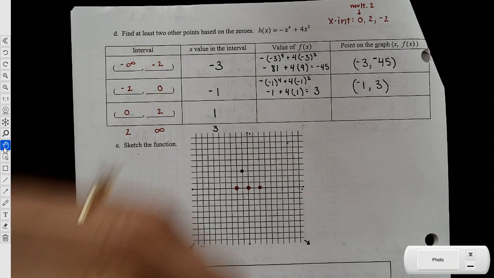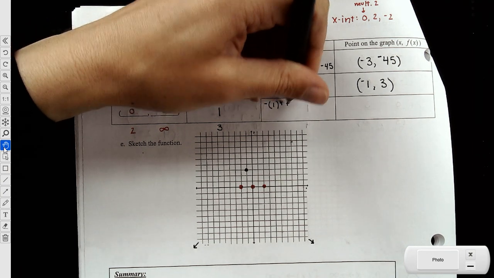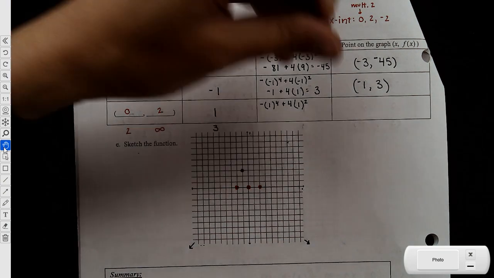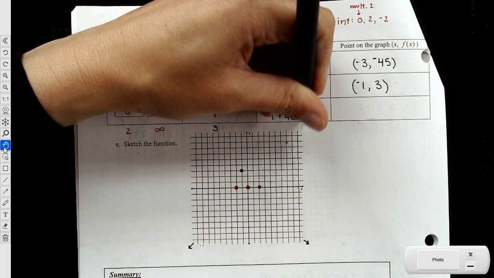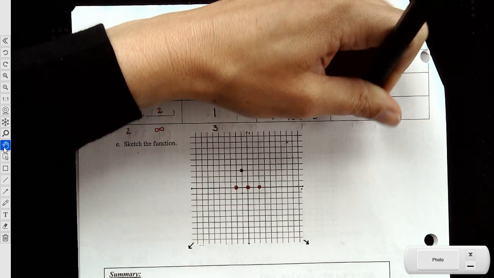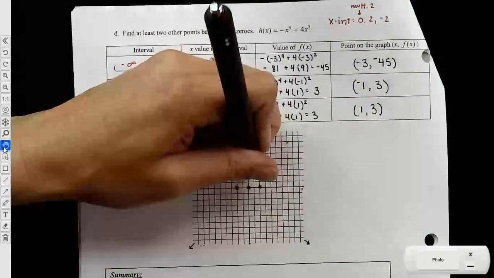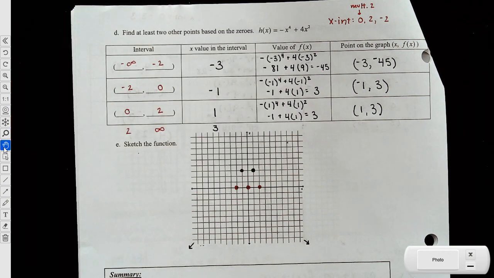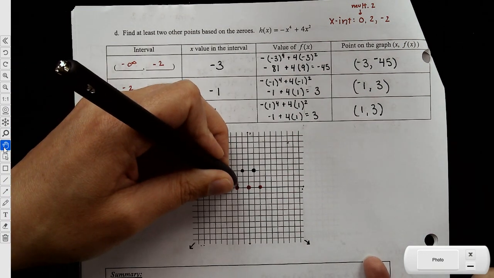Now when I plug in 1, I get negative 1 plus 4 times 1 equals 3, so I have the point 1, comma 3. Now this makes sense because keep in mind this is an even function, so it makes sense that this would be reflected. Another thing that makes sense about this is if I connect these points, the 0,